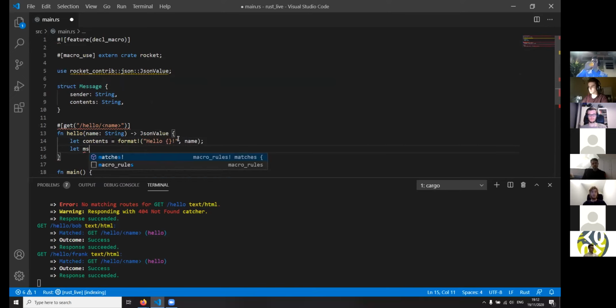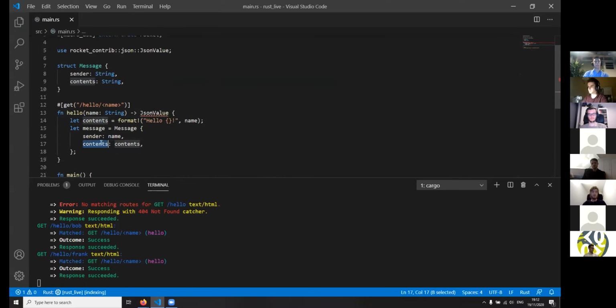Then we'll set the sender to the name, and we'll set the contents to the contents. Another small useful feature is if the struct field name and your actual variable name are the same, you can just leave out one of them, which again makes it a bit easier to read.